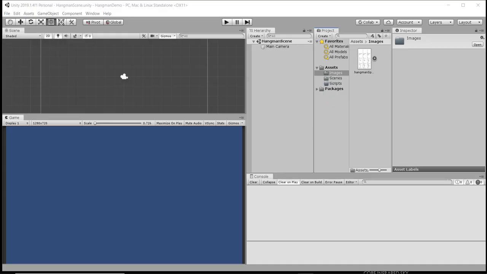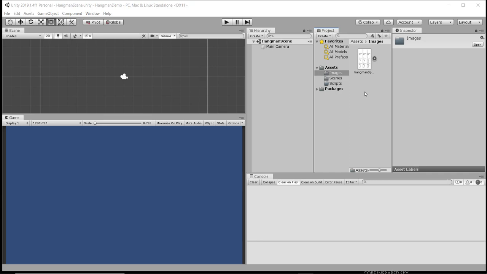In this video, I'm going to show you how to slice the sprite for the Hangman assignment. As you can see, I already have a 2D Unity project opened up. In it, I have uploaded the Hangman sprite. I only have one scene and I don't have any scripts created just yet. So the first step is going to be for us to slice the sprite in order to be able to